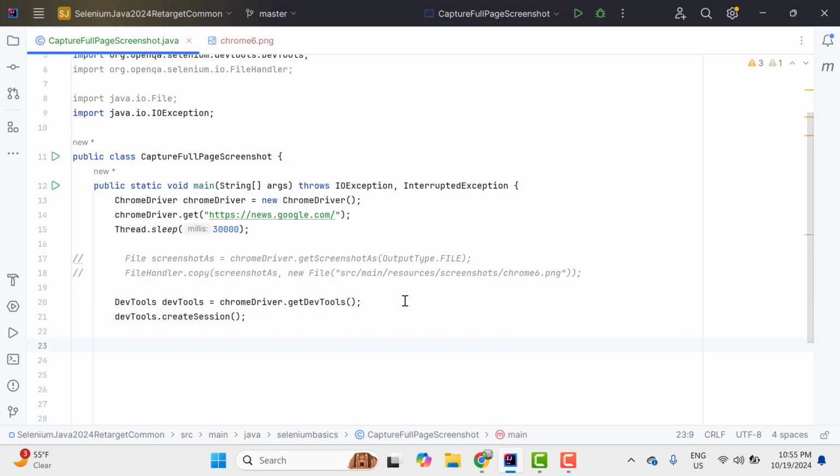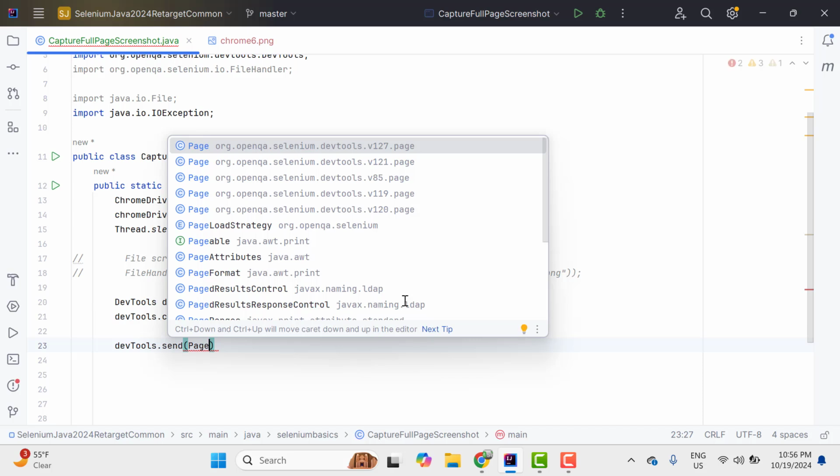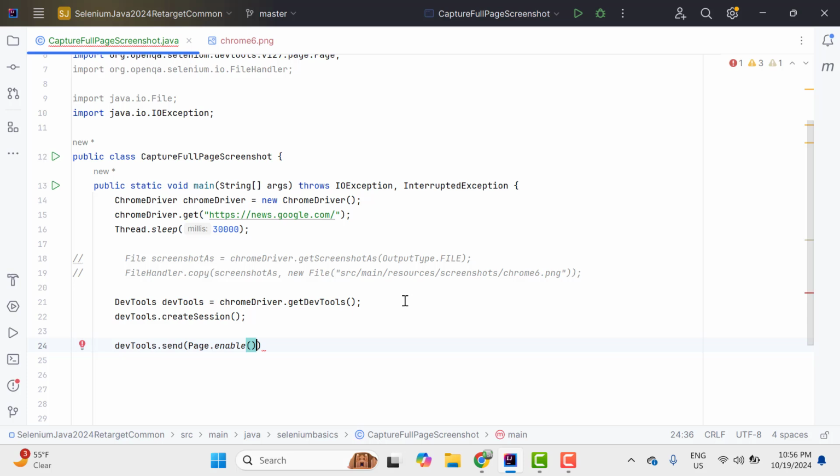So we have a domain called Page, and there we have one method to capture screenshot. But before we use that method, I need to enable Page domain. So for that, I need to use devTools.send. Domain name is Page, which I am importing from version 127, which might be changed with the different versions of Selenium and Chrome. And then we have method called enable. No need to pass any parameters. Once Page domain is enabled, I have one method called